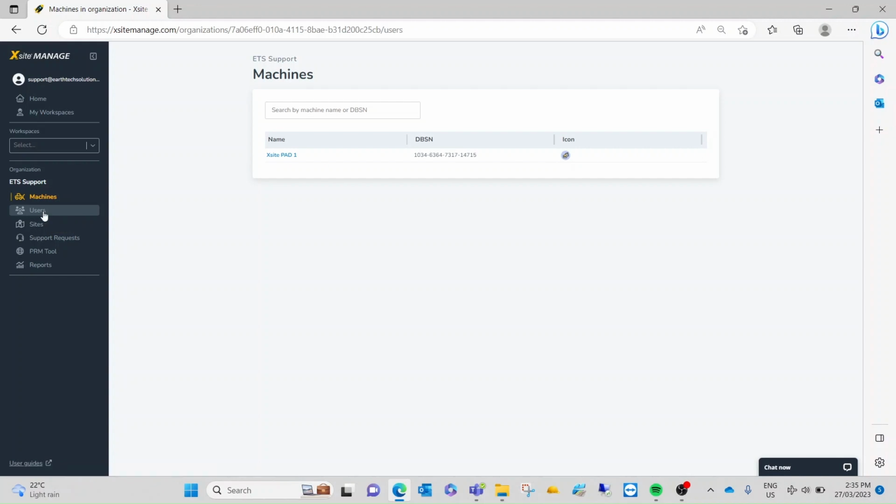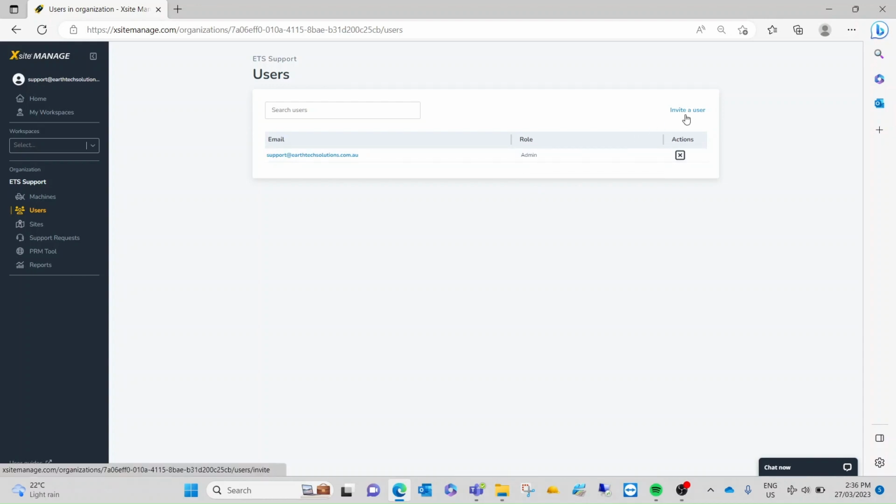I'll go next step down under users. So one user in there at the moment, and the role is admin. If not admin, you can also just be entered there as user with a bit more restricted access. Admin has more rights, and up the right here, admin can also invite other users, which could be surveyors on a project that you're working on, so you can allow them to access the machine and transfer files and manage files